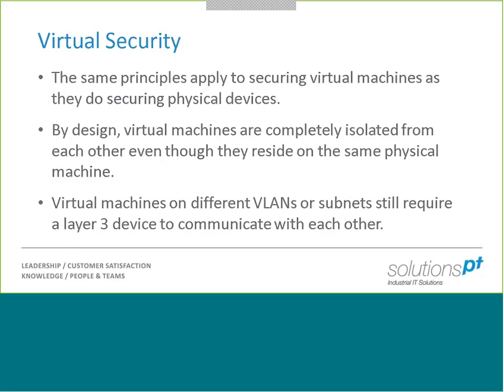Okay, so we're going to have a little look at virtual security now. There are some similarities and some slight differences in the security considerations in the virtual world. But essentially, the same principles apply to securing virtual machines as they do to securing physical devices. When we're talking about network security, we have to understand that a virtual machine and a physical machine will operate in exactly the same way. We can still have potential exploits in applications and in the operating system itself. If we're not locking ports down at a layer 3 level or a firewall level, then we've still got the same potential vulnerabilities that we would have in the physical world.